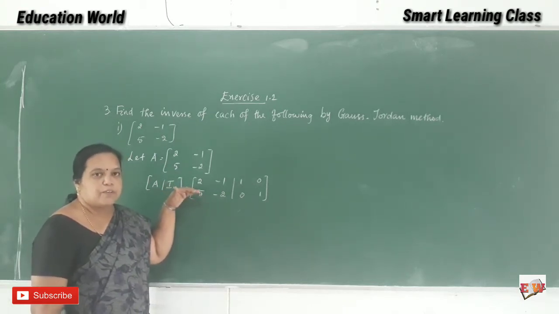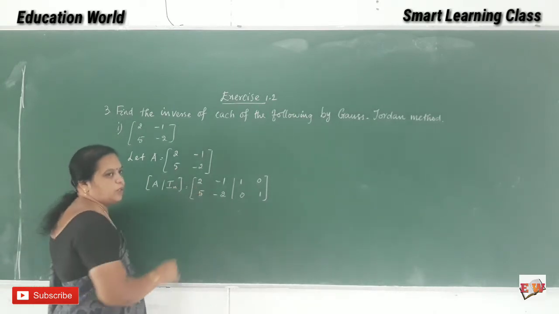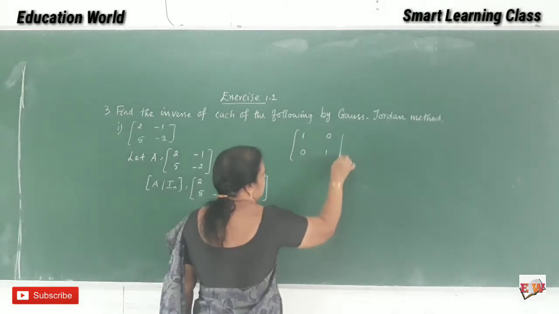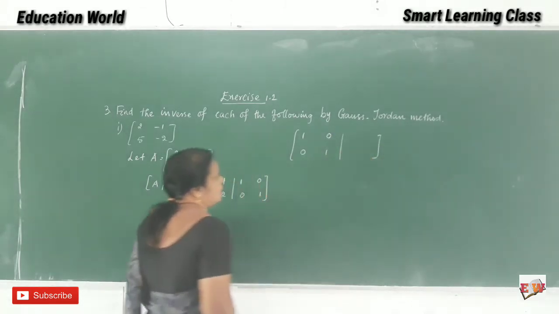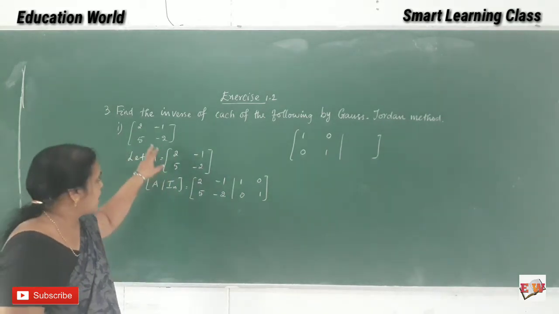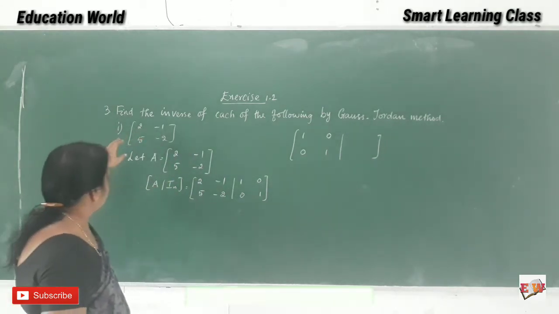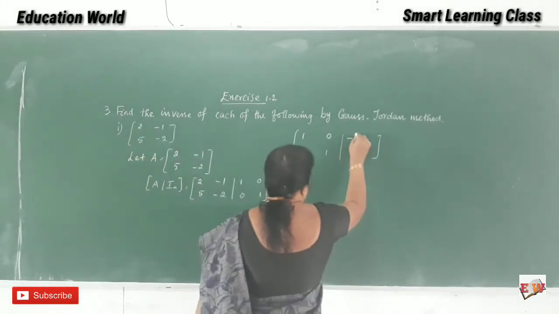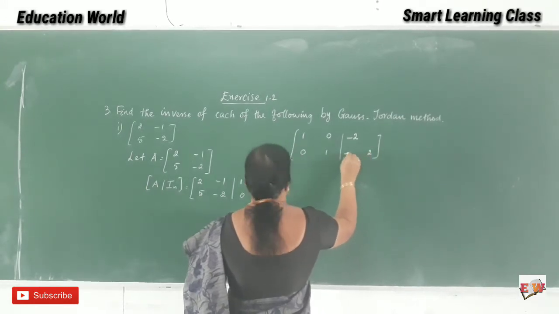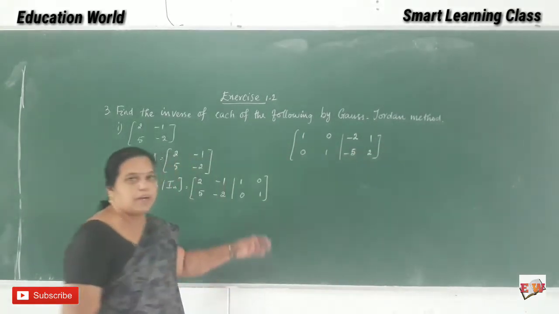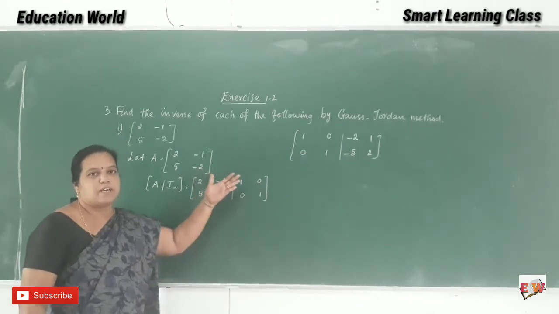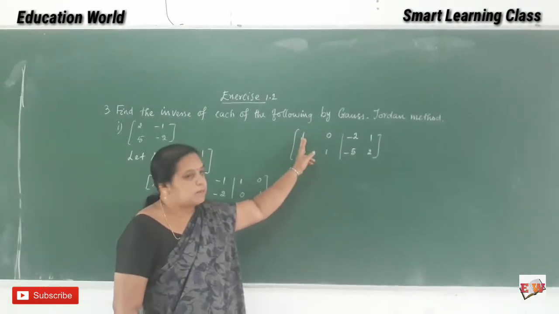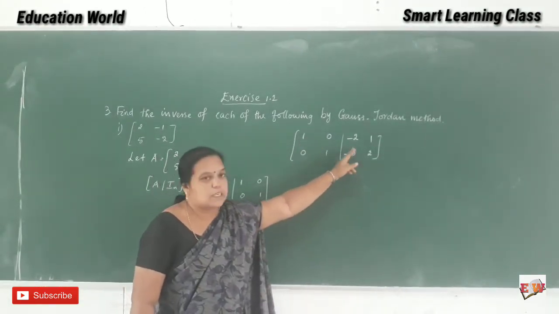First we can take this first element, 2. What do we need? 1, 0, 0, 1. Already we have seen that to get the inverse of this matrix we have to change the diagonal elements. This is the answer you have to get. For a 2 by 2 matrix we can easily check this. So I want to bring this to 1, 0, 0, 1, and this will be the inverse.